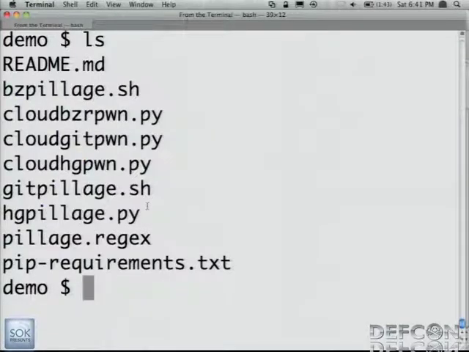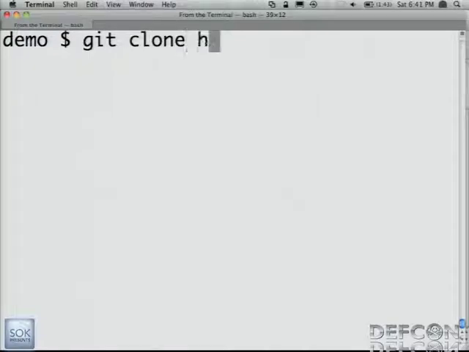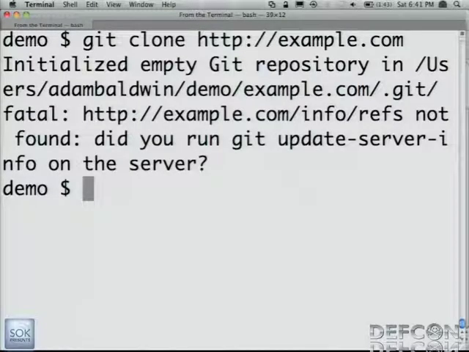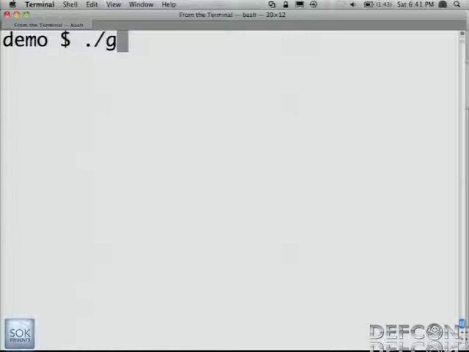And so let's show that git clone there. Git clone. Yeah, it doesn't work. Same thing with BZR and HG, it's not going to work. If we run the particular tool, git pillage,